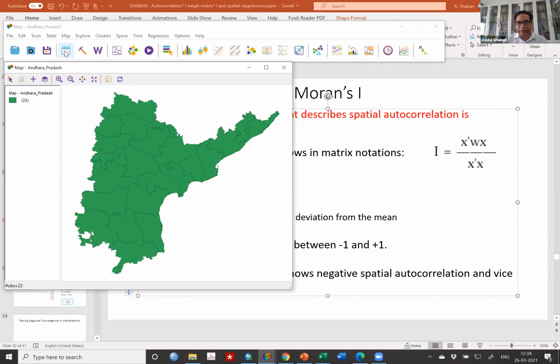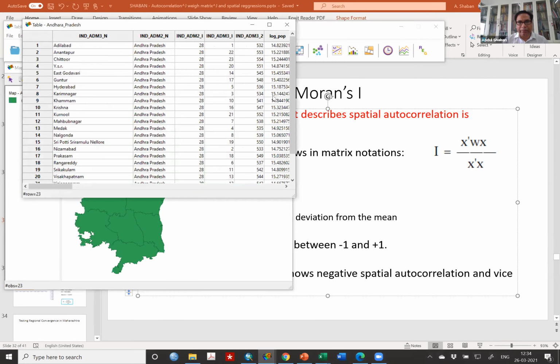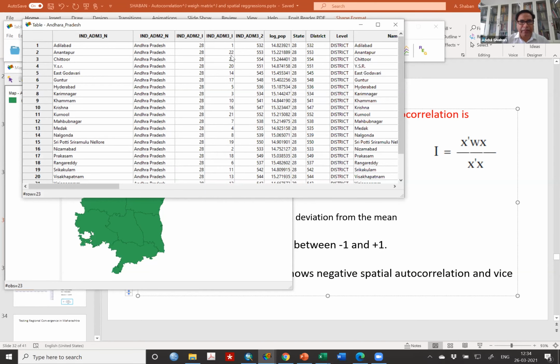So how will you find a unique variable? Just open your table. You see these values which are text values, so I cannot consider them, because all of them have 28. Now this one is actually interesting.